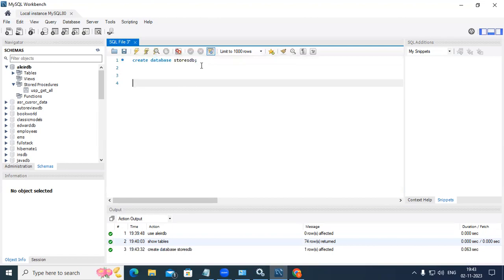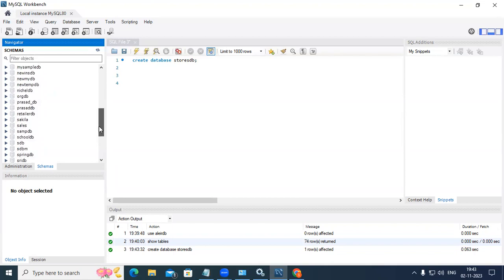A database is created for me. Now if you refresh here, you can find even that. If you refresh here, you can find the store DB as well now. You come down here and you can find it somewhere under S. So it is available, stores DB is available. Now I need to open the